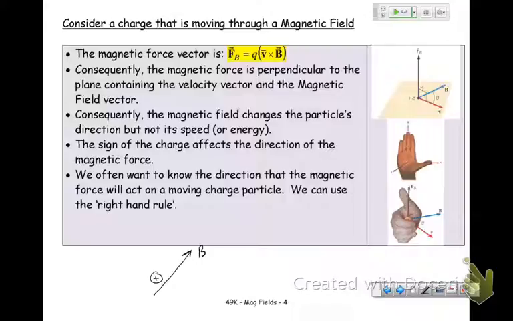So I find I have this force, we call it the magnetic force, and the magnetic force depends upon the charge, it depends upon the velocity of the charged particle, it depends upon the magnetic field vector. And we don't justify it, it just comes out of a hat. A lot of this stuff just comes out of a hat. What we say is that it's Q V cross B. The order with cross products matters. If we have B cross V, it goes in the wrong direction,